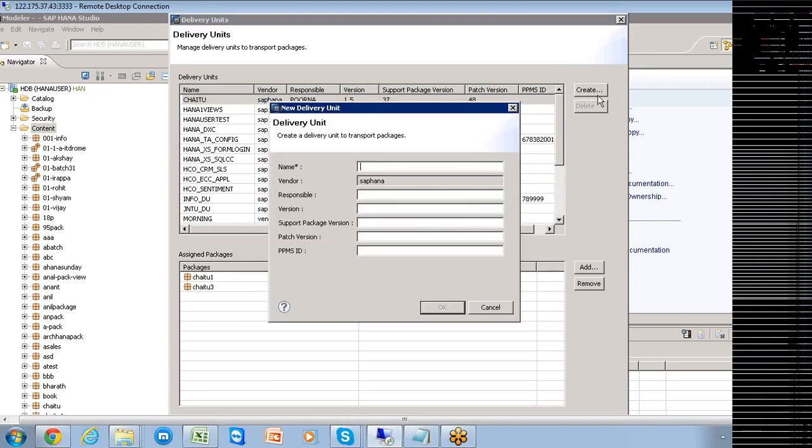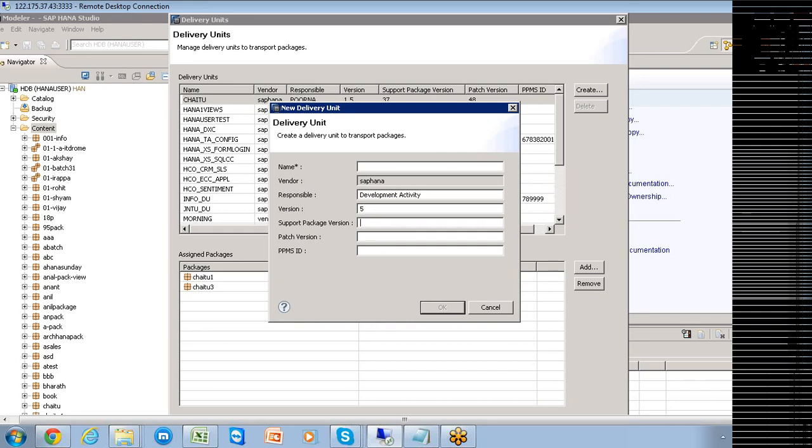I want to create a delivery unit. The version is service pack 5.